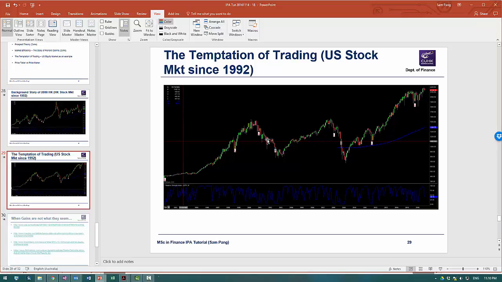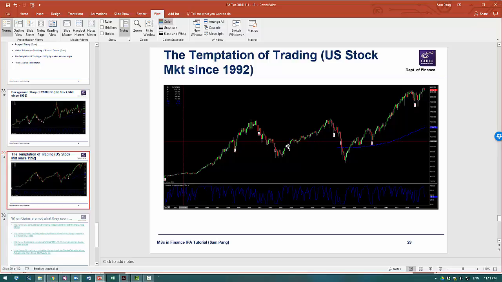Suppose you are a fortune teller and you have perfect foresight, or even with the benefit of hindsight, you ask yourself, if I invested here, should I actually invest from here to here, which is like 2 years, or shall I invest from here to here, which would be like a 4-year period, or shall I invest from here all the way here? Now with the benefit of hindsight, I think the answer is obvious. If you have the staying power just to sit it out,